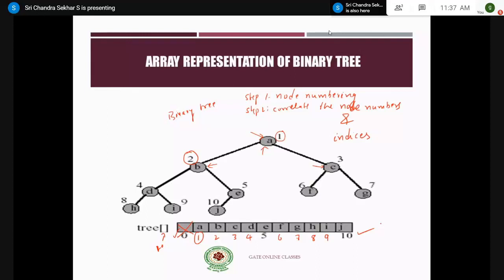In such cases, arrays are useful, but arrays are completely a waste in terms of dynamic nature. That means if the number of objects is increasing in a dynamic fashion, nobody can predict in advance how many elements we can store, right? In such cases, you have to go for the dynamic concept of linked lists.